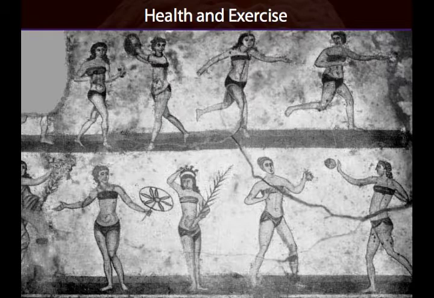The idea that a physically healthy woman is one of the ingredients to physically healthy children is present in Athens as well. And so even though we don't have the extreme premium on healthy children that we see in Sparta,